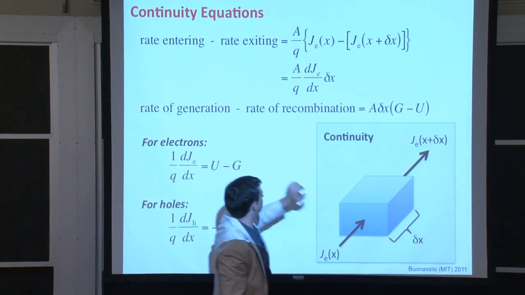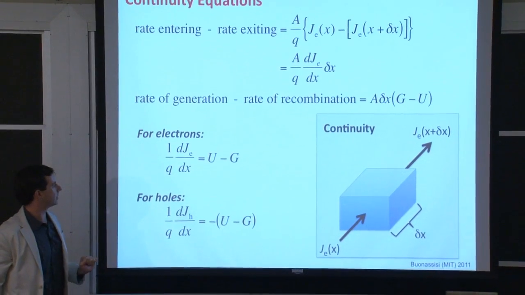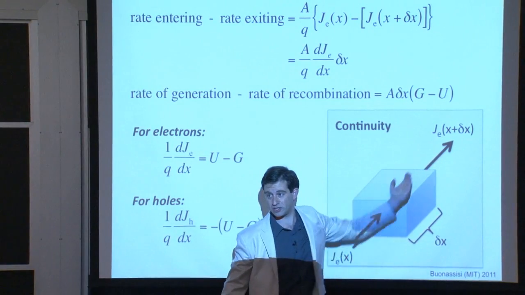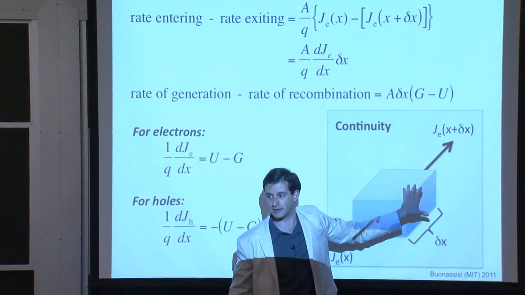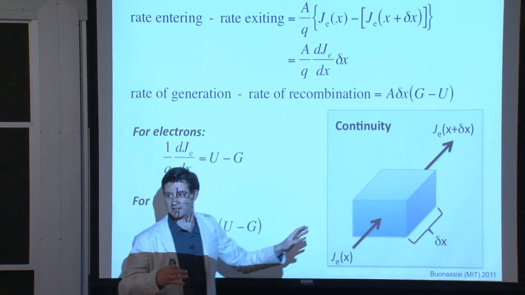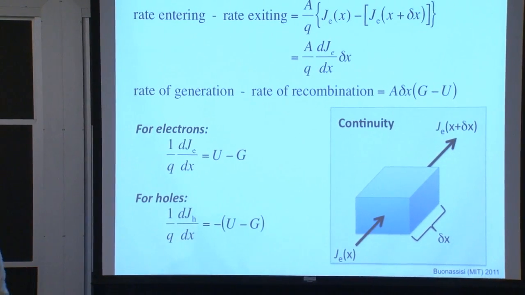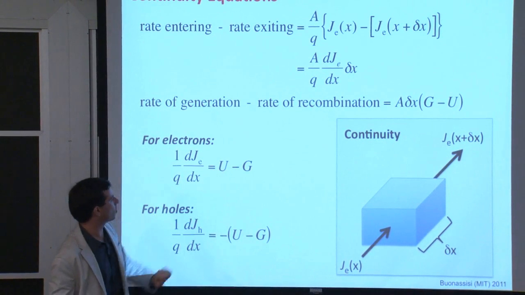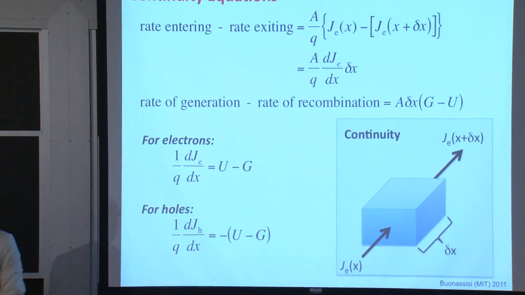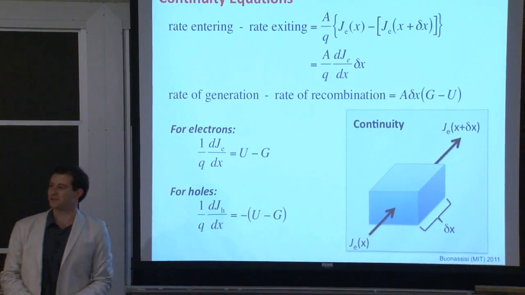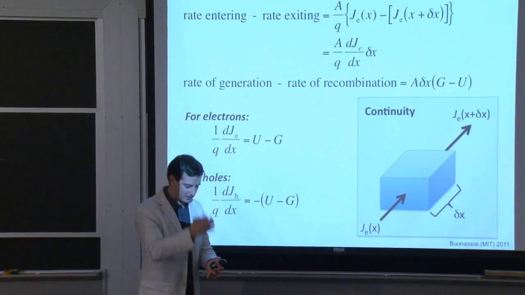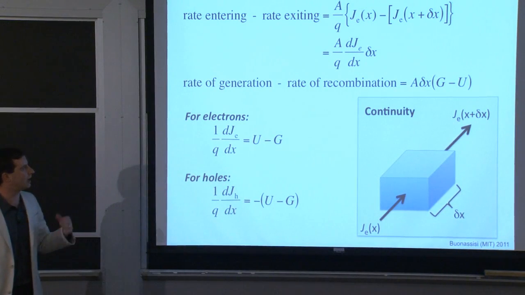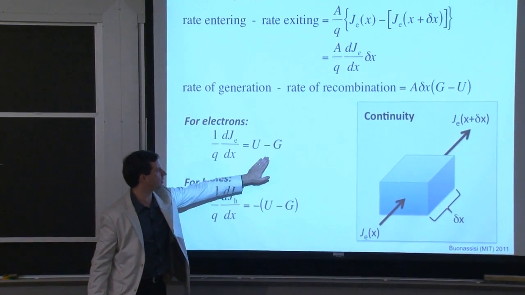And so the continuity equations are essentially a set of accounting equations that just describe the net change going in and out. If something changes on either surface, it's because you either added carriers or took them away. The way you add is by shining light on your sample and generating more carriers, G, for instance. That's one way of generating carriers, by adding light, or recombination. And one way of recombining is, for example, through a defect in our material, where the electron is moving along, finds a defect, and falls back into a ground state. So continuity equations are nothing more, nothing less than housekeeping, bookkeeping,